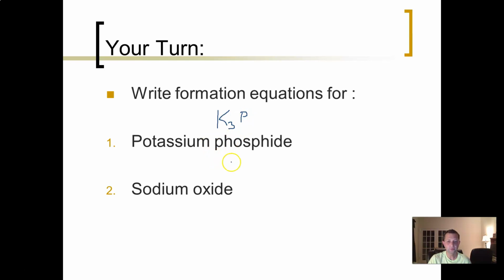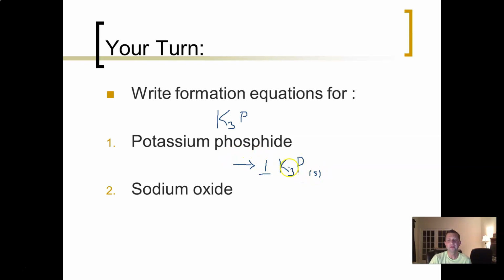So we want to make that. So let's do this. I'll put my coefficient of 1 already in here. I'm going to put my product. Okay, so I want to form this. Ionic compounds are always solids. It's one of their properties. I want to form this from the elements in their natural state at room